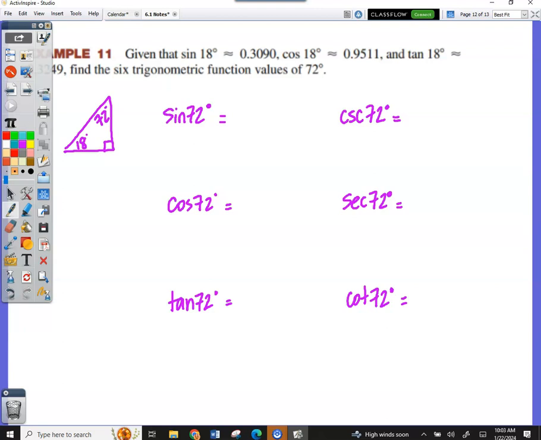Okay, here's what you need to remember. The sine of one angle will equal the cosine of the other. The cosine of one angle will equal the sine of the other. The tangent of one angle will equal the cotan of the other. Okay? So, sine of 72, they give me these values up here, which,